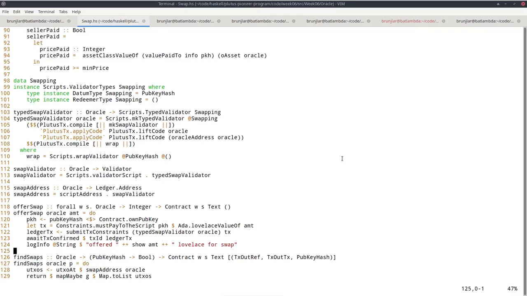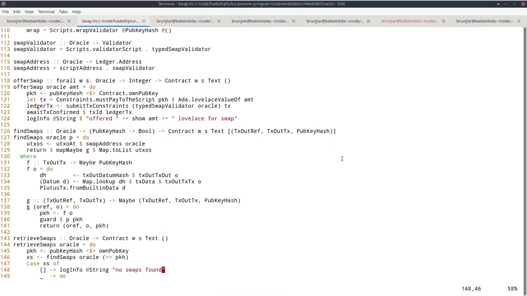Then a helper function that finds all swaps that satisfy a specific predicate. So given an Oracle and a predicate on pub key hashes, it gives us a list of all the UTXOs that sit at this swap address.